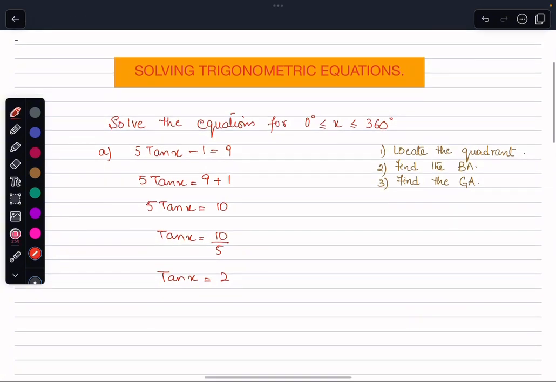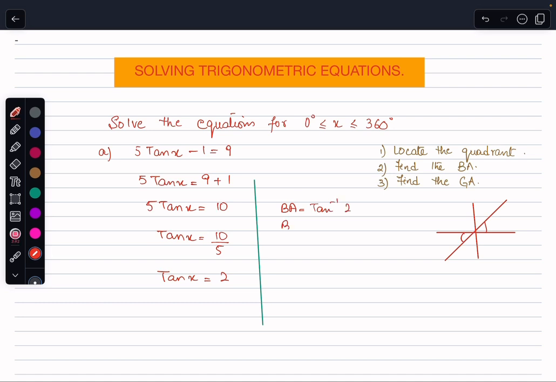As we know, to solve a trigonometric equation, the first thing is to locate the quadrant. For all positive values of tan of x, they lie in the first and the third quadrant. So we have located the quadrant here, and here we shall be having the basic angle. To get the basic angle, I should say that my basic angle should be equal to tan inverse 2,